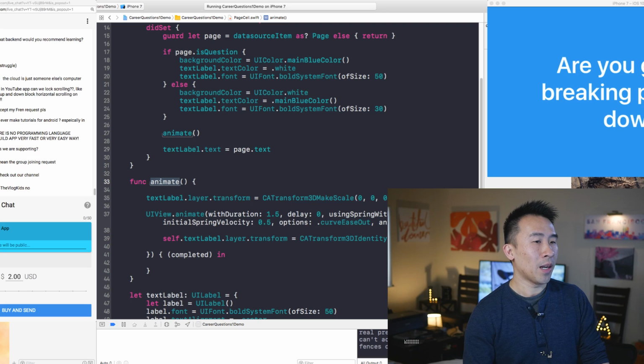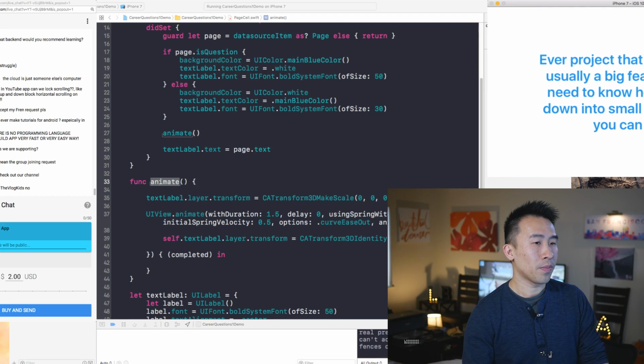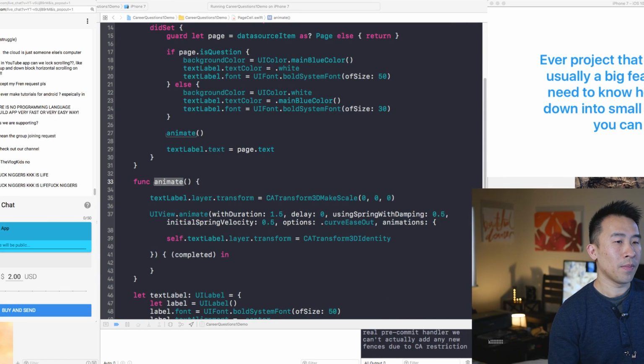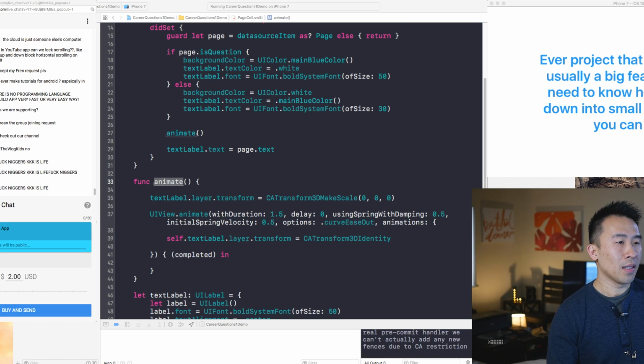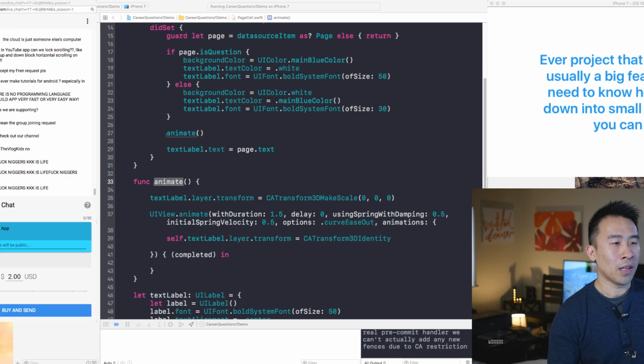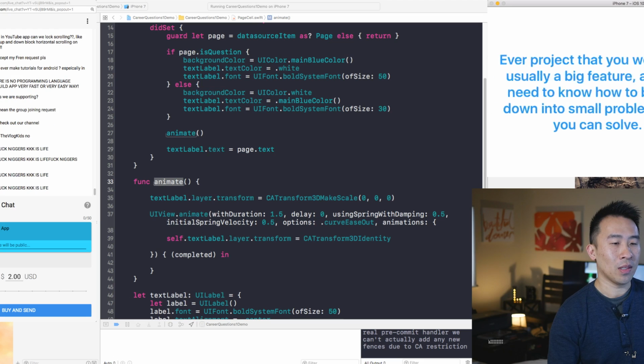Whenever you animate, you can set the layer's transform to just 0. Whenever you set the label's transform to 0, it shrinks it down to pretty much nothing. And then when you call animation on it back to identity, it brings it back to its original size.